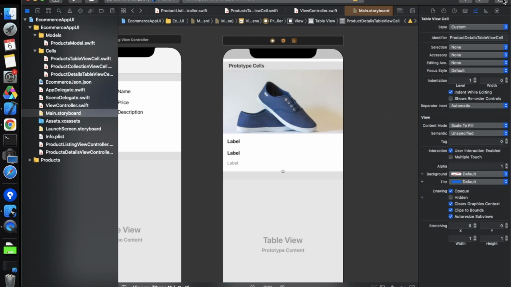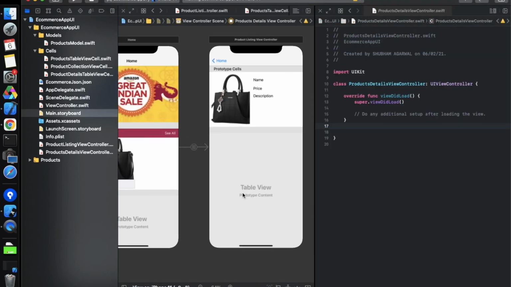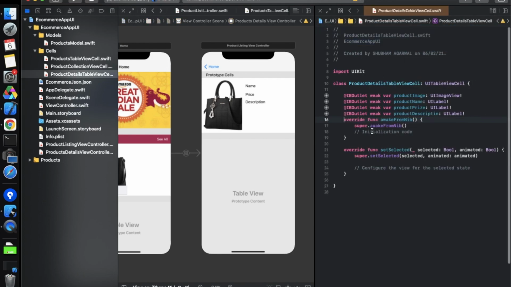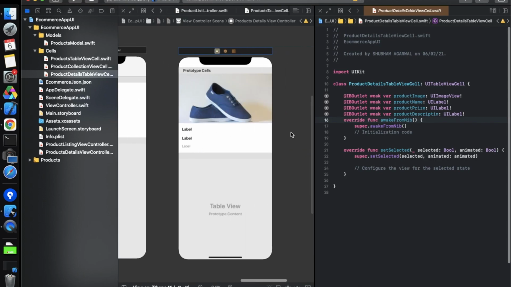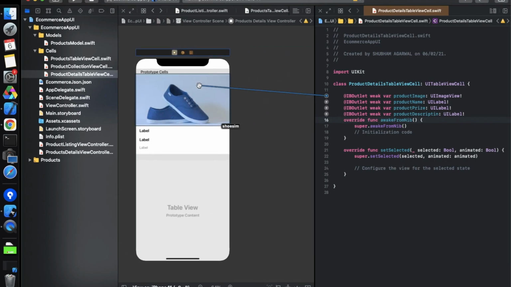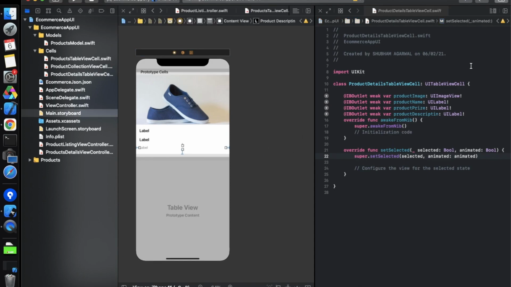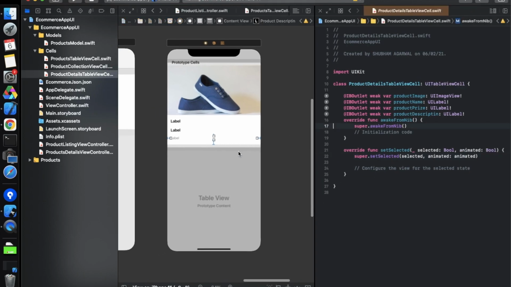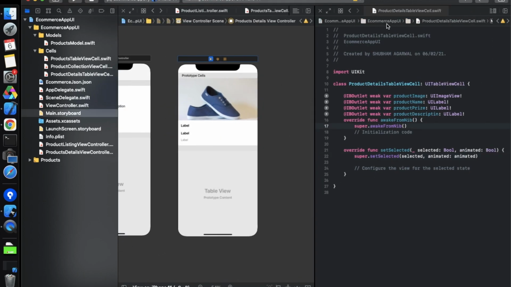And let's move on to the class. It's the cell class, ProductDetailTableViewCell, this one. So this is a product image, right? So we have to define the same thing over here. This is a product image, this is a product name, this one is a product price, and this is a product description, this one, right? And we have to make the number of lines of this label 0, like this. Okay, so now let's define things in this controller.